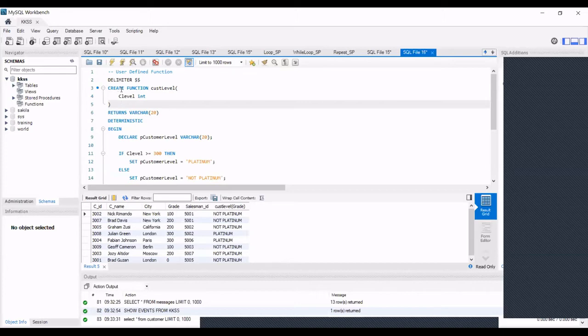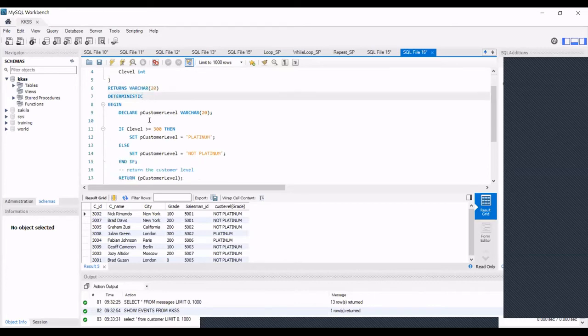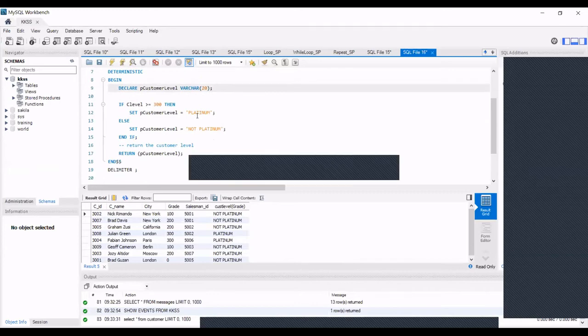So first you need to create a function, then the input variable, then you type returns, the value, varchar, then deterministic and begin. If the level is greater than or equal to 300, we will give them platinum.